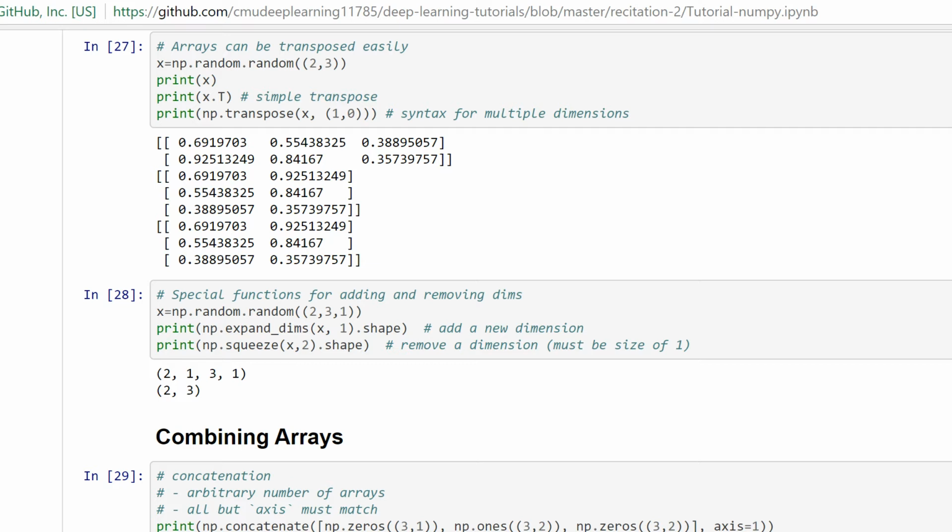All right, and then what we do is we can do expand dimension to add a size 1 dimension in position number 1. So originally we had the 2, 3, and 1. We added a size 1 dimension into position 1, so it's now 2, 1, 3, 1 is the shape of the array. We can also squeeze, so it removes the